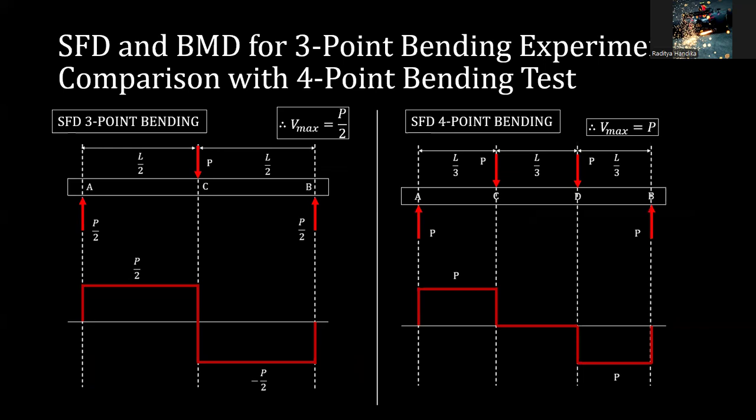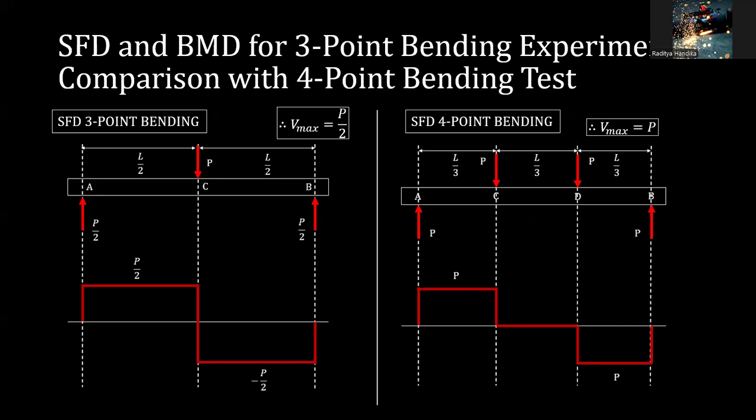Following the FBD analysis, we move to the shear force diagram and bending moment diagram analysis to understand the shear force and bending moment distribution along the beam in this testing condition. For the three-point bending test, the shear force remains positive in the beam section before the loading point and negative after it. The point where the load is applied has zero shear force, indicating the location of pure bending, and this point of pure bending consists solely of normal stress, where tensile and compressive stresses are present.